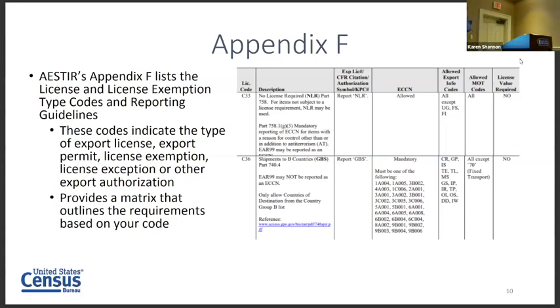This one allows any of them. This one has to be one of these options. Some of them kind of have like a hybrid of what is allowed or not allowed. But in any case, Appendix F really kind of outlines and gives you a really good matrix as to what the requirements are for each specific license type code. This one didn't. That's the problem with